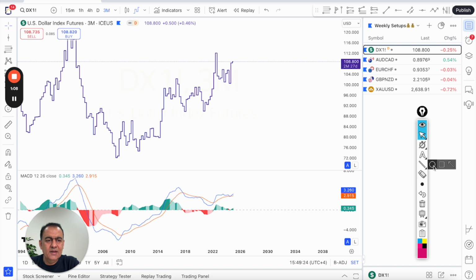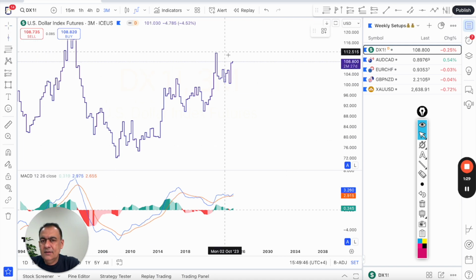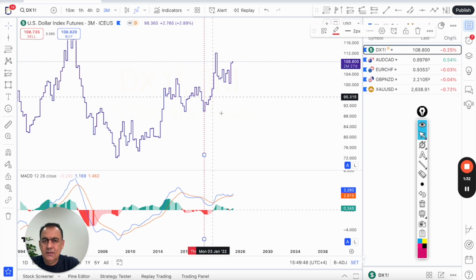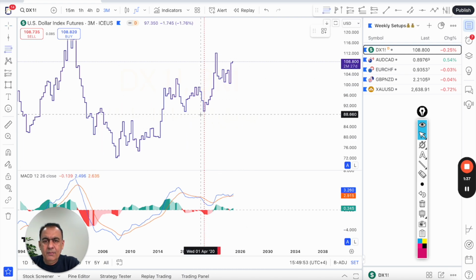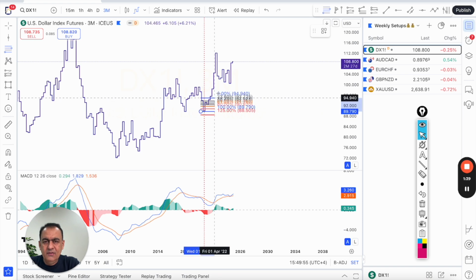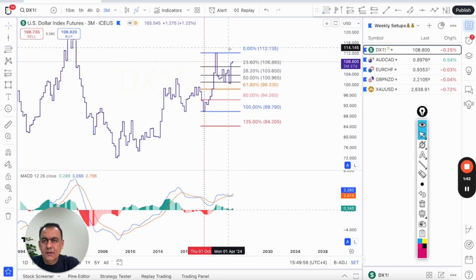Now starting from the lowest point at this level until this high, the market created a new push, and then we have some correction, and now it's continuing upwards. So I'm gonna use a vertical line to identify the starting point here, so the lowest point. So this is gonna be our lowest point here. So we can apply fib retracement starting from this low to the high marked, and let's move to the lower